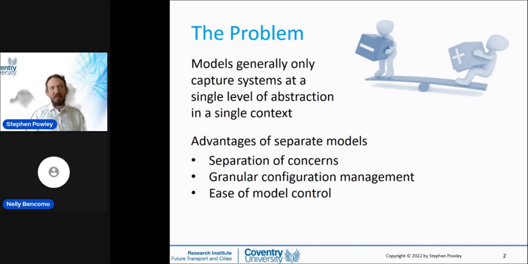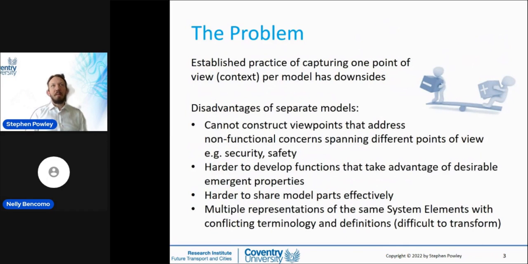We can easily separate the concerns, and we have good granularity on the configuration management, and it's much easier to control the model. But there are disadvantages to doing this as well. And if my slides will, there we go. So this established practice has its disadvantages, and in particular, in